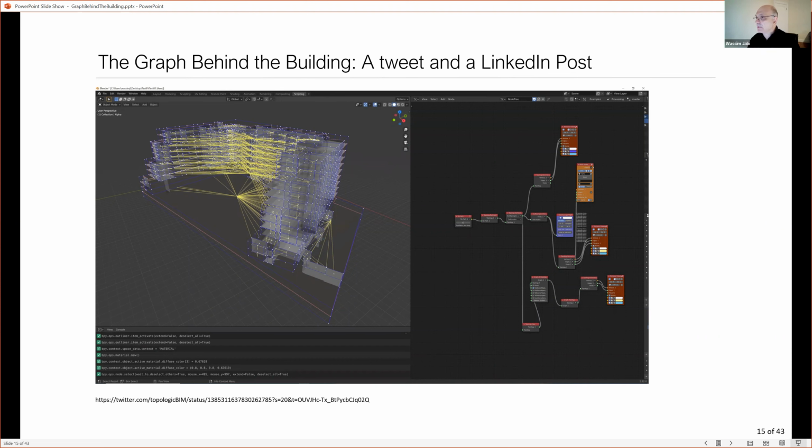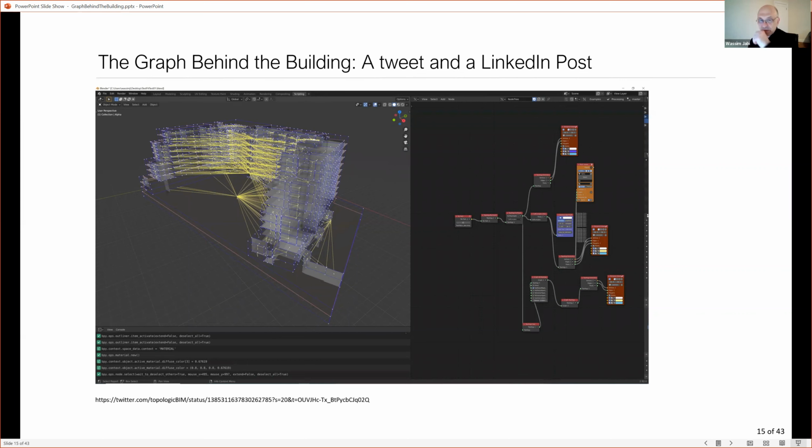TestFit has been criticized that the architecture it's creating is not very inspirational, but that's not my business. Architects can accept it or not accept it, that's up to them. But it created models that are very compatible with Topologic. So it was a really nice test bed for us to bring their models into Topologic and see what we can do with them.